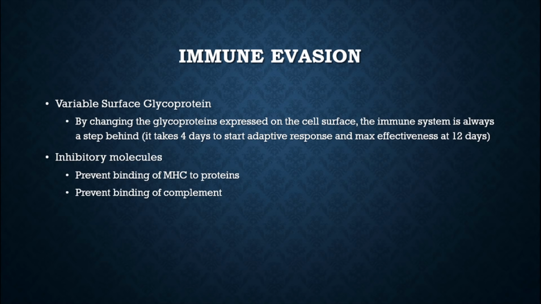The last couple things I want to discuss are immune evasion. Pathogens have developed, just like we have, in parallel to evade every step that we make, and we try and fight every evasion that they have. One of these is a variable surface glycoprotein. So the adaptive immune response takes time to produce antibodies. If the pathogen is always changing what it expresses on its surface, by the time we have antibodies made for it, it's no longer using that surface protein and it's no good. So a lot of pathogens have the ability to change their surface proteins